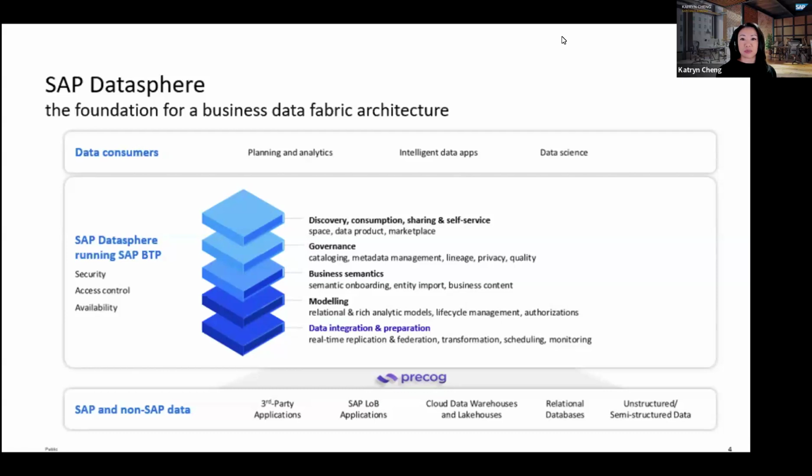So all the entities, measures, calculations, hierarchies, currencies, and context are fully preserved, giving you more agility in your business and speed to insight. Users can then continue working with their business data within Datasphere, creating analytic models, and of course, blending that business data with your non-SAP data as well, data from other applications.